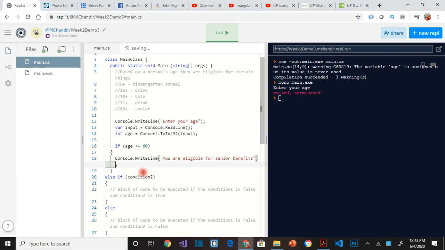Okay, so this person is eligible for senior benefits. So if the age is greater than or equal to 21,